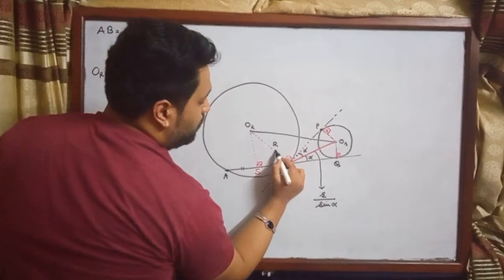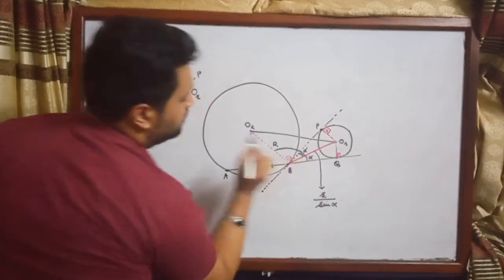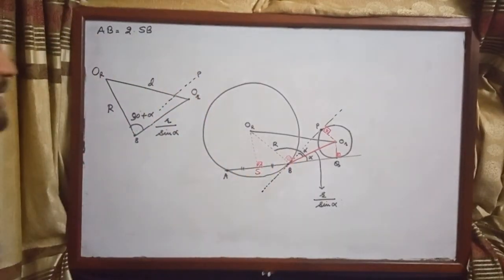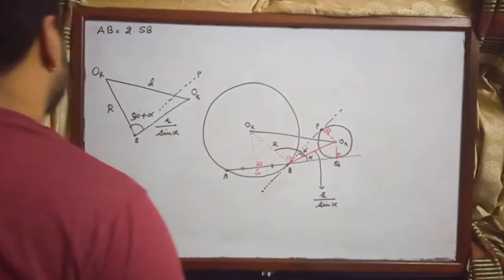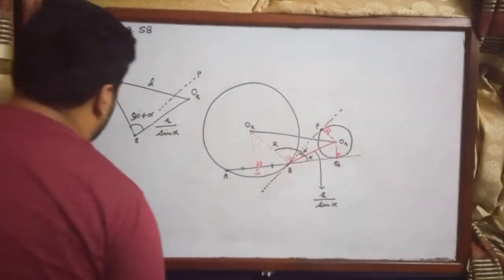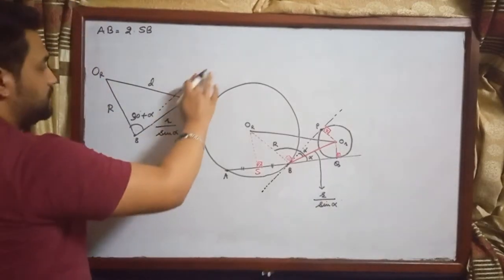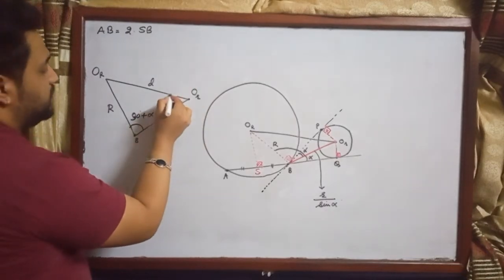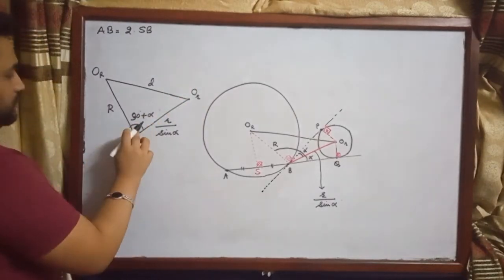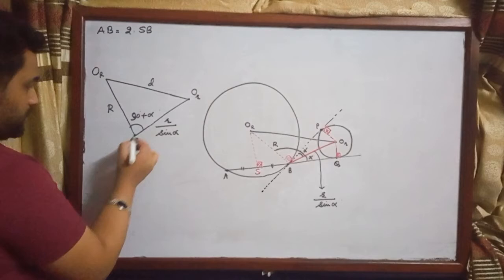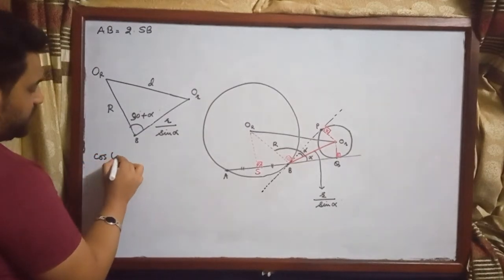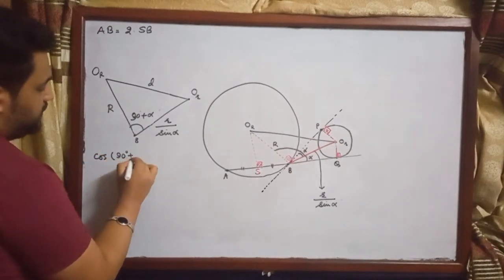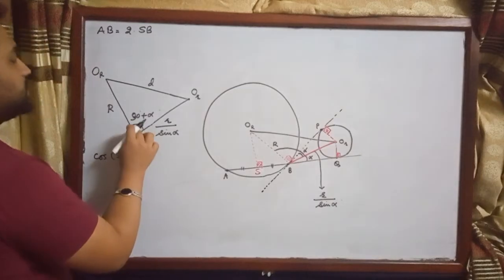This angle, this whole angle. Okay, 90 degrees plus alpha. Now what do we do next? We use cosine law in this triangle, which means we get cosine of 90 degrees plus alpha is equal to